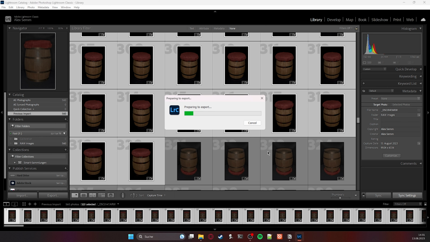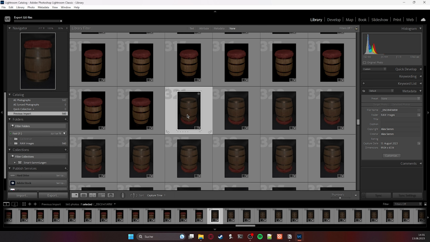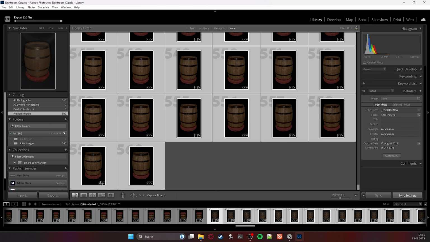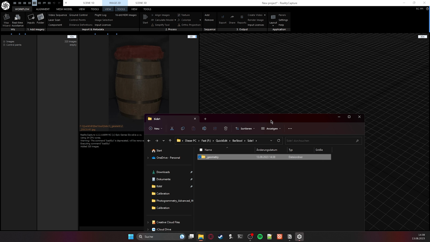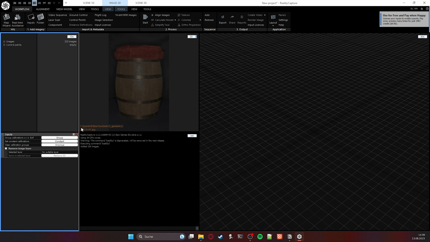Because we captured two sides, and I want to explain how you can use masking to put both sides together, let's have a quick look at it. First, we want to import all images from one side in a new Reality Capture project. From here on, everything is pretty simple. Group the images, align the images,